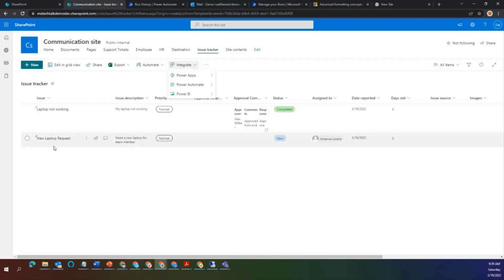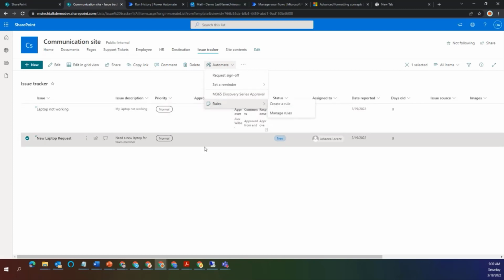Whenever I select an item here, I have to go here and start the workflow, and there could be a number of workflows, and I might mistakenly click on some other one, or it could be strange for some users that they need to go here. So it's better if they can directly initiate the flow